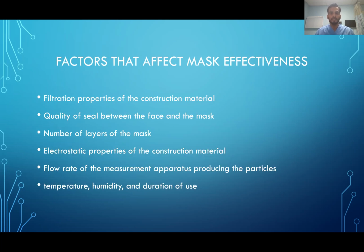Some factors that affect mask effectiveness are the filtration properties of the construction material, quality of the seal between the face and the mask, the number of layers that the mask is made of, and the electrostatic properties of the construction material. Research has found that materials such as silk hold an electrostatic charge and so are better at filtering